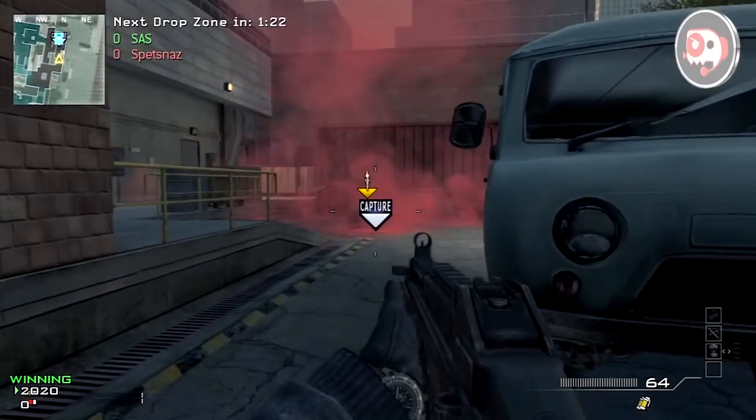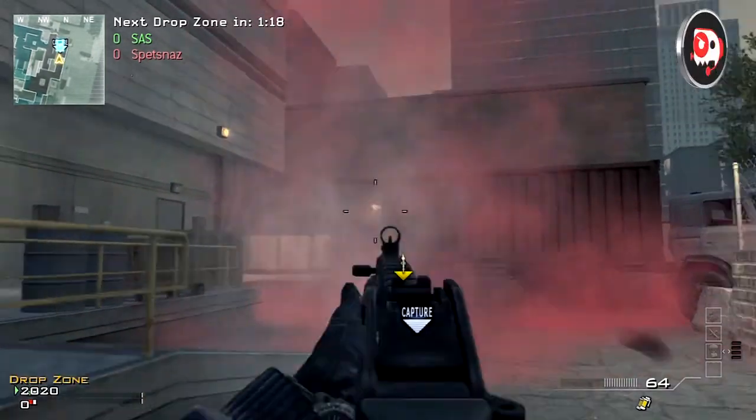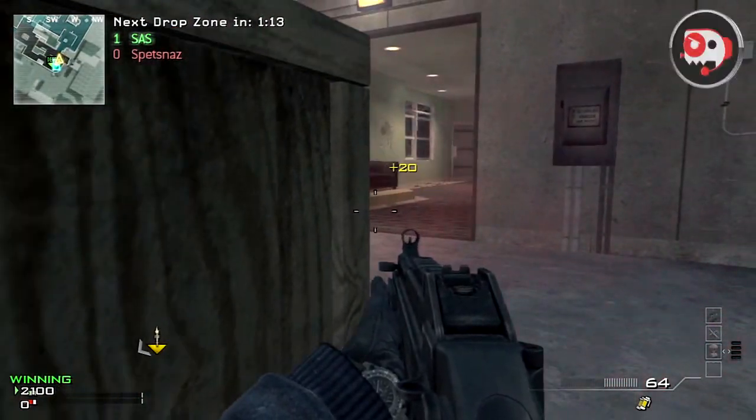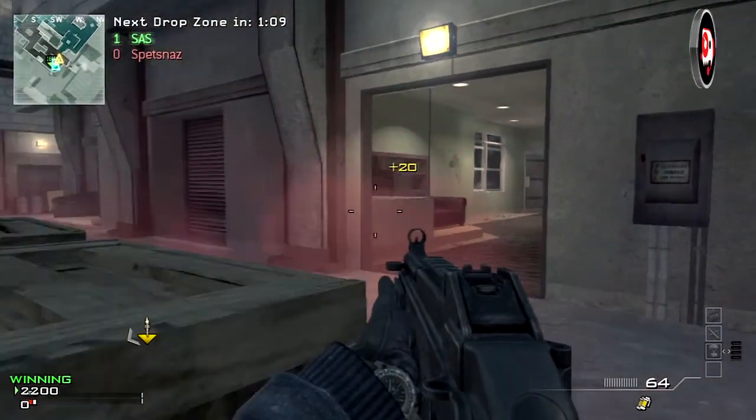The enemy's going to come from this spawn. They're going to come from this direction. They're going to bum rush you. Again, they might just shoot into the moving truck. It's very, very thin material. It's easy to shoot through. It's easy to die. Right here behind this box is actually a very good spot to hold the drop zone